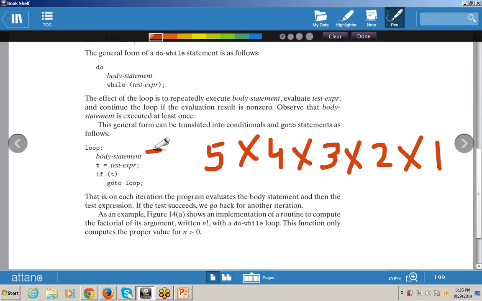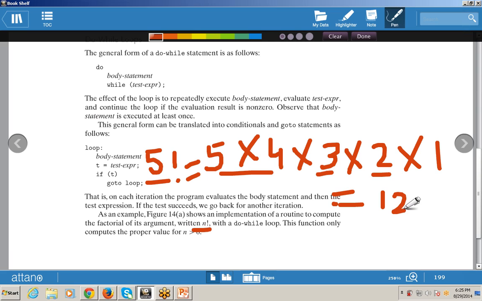This is your 5 factorial. So if there is an n factorial, meaning 5 factorial, the output is 5 into 4 is 20, into 3 is 60, into 2 is 120. So the output is 120.